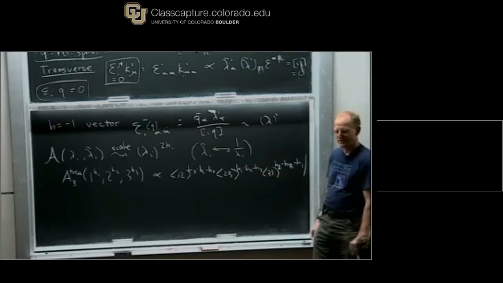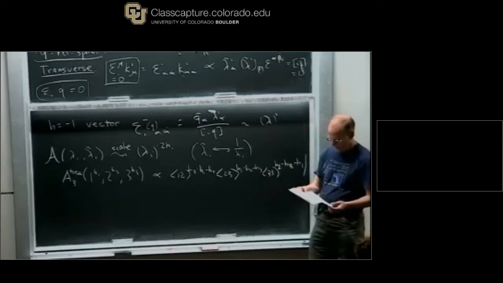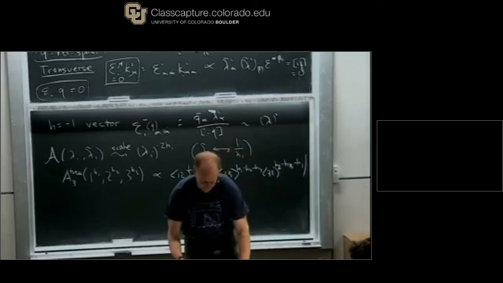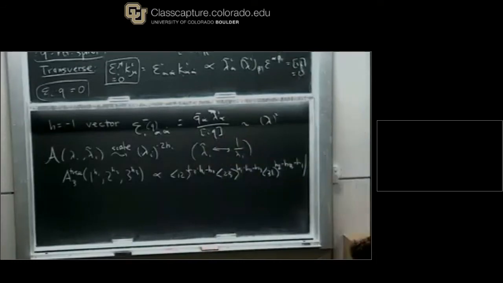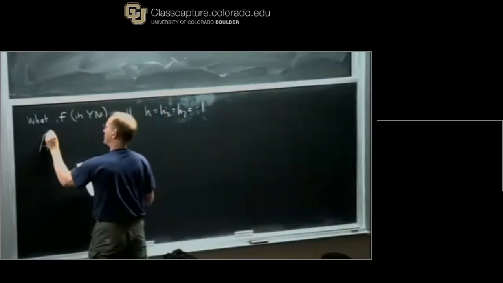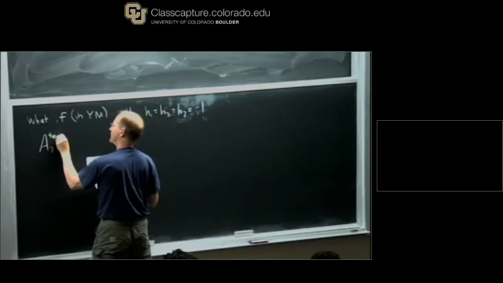Okay, so this is a very general form for any 3-point amplitude, just depending on the helicities. So let's work out a simple example. What if we're in Yang-Mills theory? All 3 h_i are equal to minus 1. So then we'll find that A3 tree, just plugging in over there,